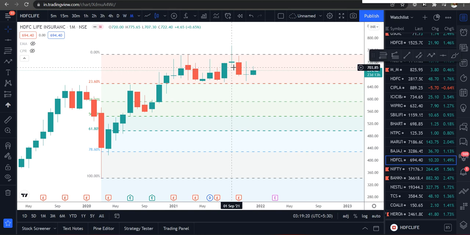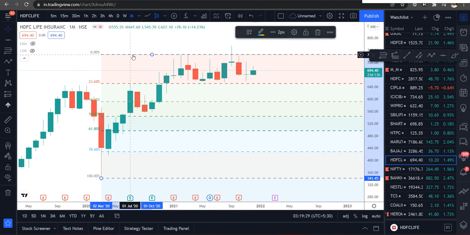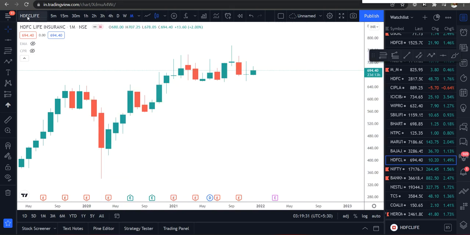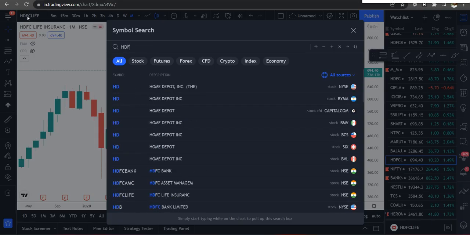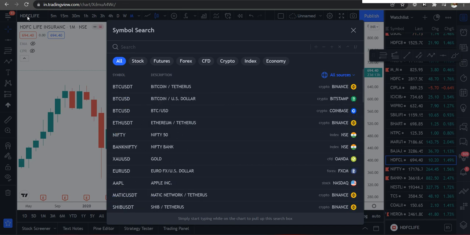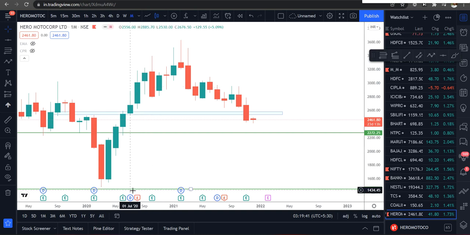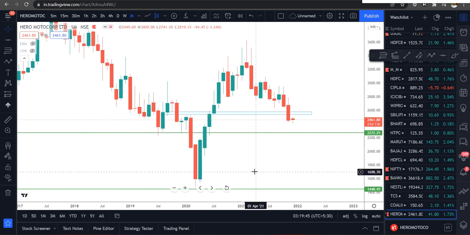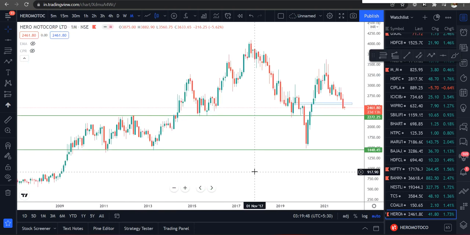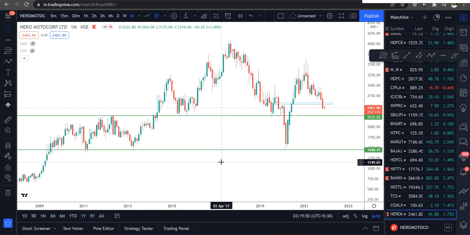So it's up to your risk appetite. Each and every one might differ on that. So that's all about the target, and let me show one more example. This is how you need to use the Fibonacci levels. You need to combine this with any technical indicator. It could be a normal support and resistance, or moving average, or CPR, Camarilla, whatever it could be. You can combine with any one of the indicators or any technical analysis, and you can get a better probability on the trades.